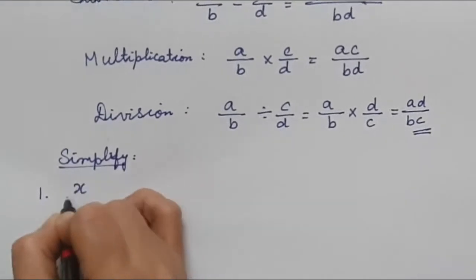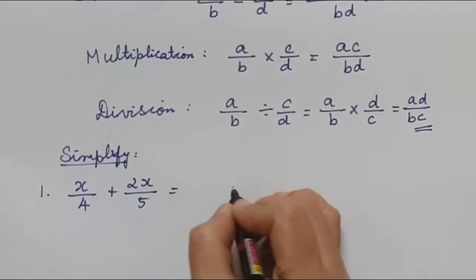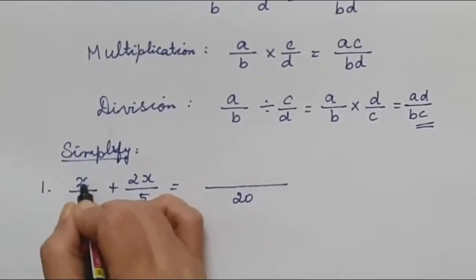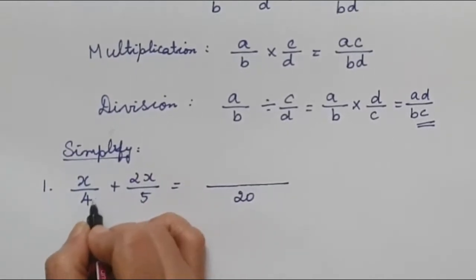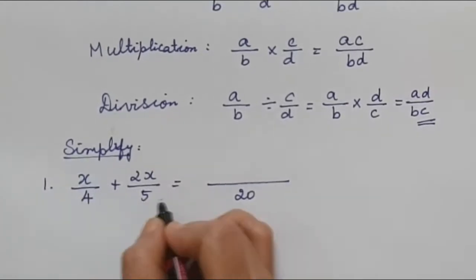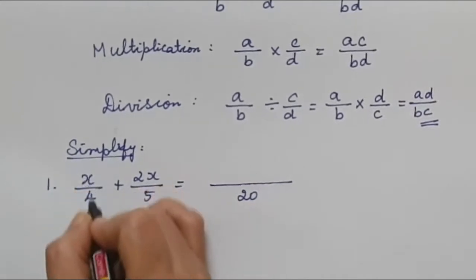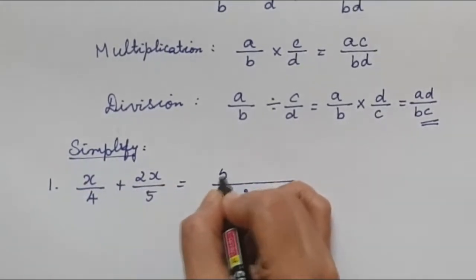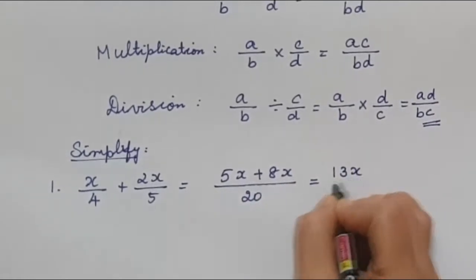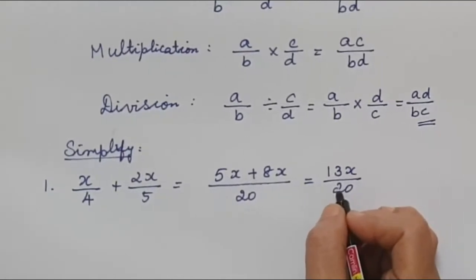The first question, x over 4 plus 2x over 5. So we need to multiply 4 5s are 20. Then multiply this with this, and this with this. Or remember it as you are multiplying by 5 in the denominator and numerator over here, and here you are multiplying by 4 in the numerator and denominator. A simple way is just to remember it like cross multiplication. 5x plus 8x, so it will be 13x over 20. If there was something common, then we can simplify it over here.